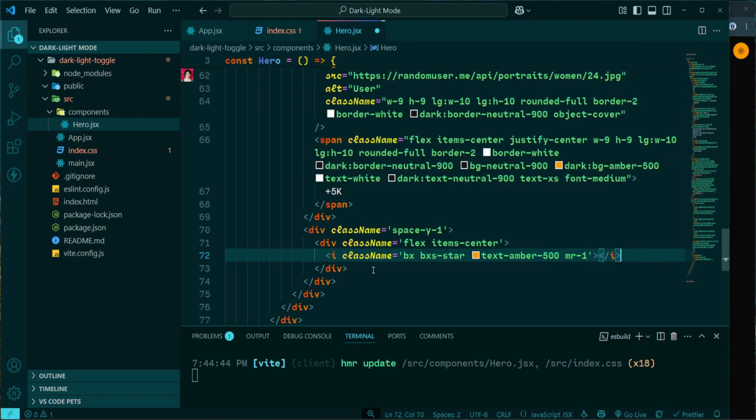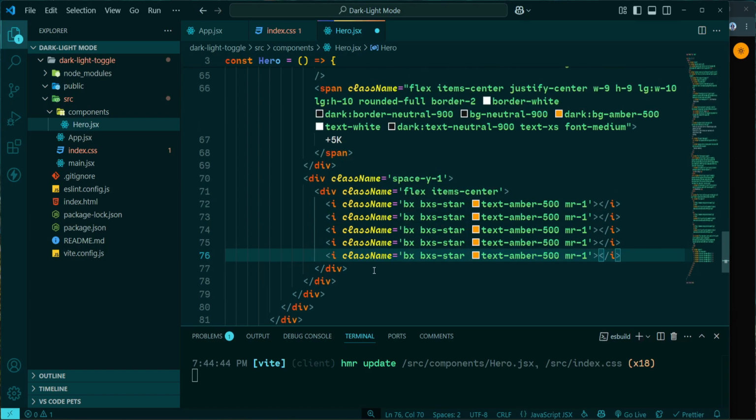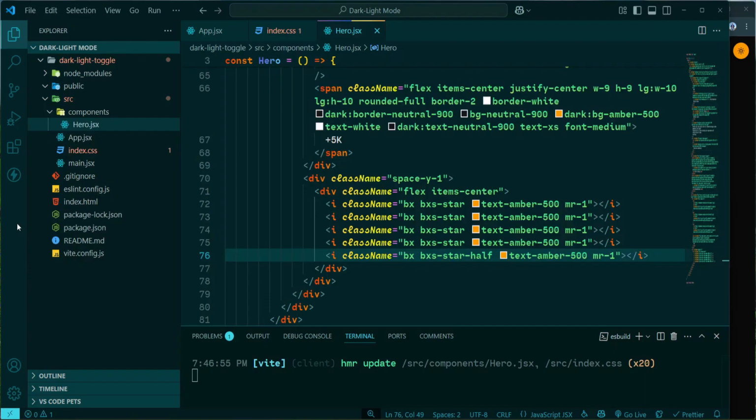Overall, we need 5 stars. So let's duplicate these elements 4 times. The last star will be different because we need here half star. Let's add here half. And then go to the browser. So as you can see, we have here 5 stars. Next, we have to add here the span elements